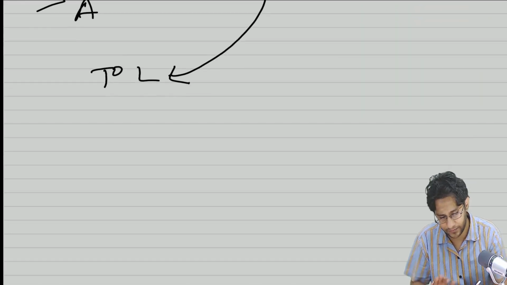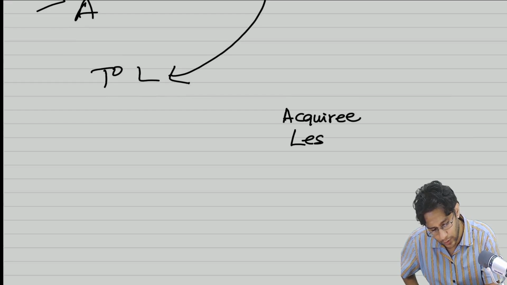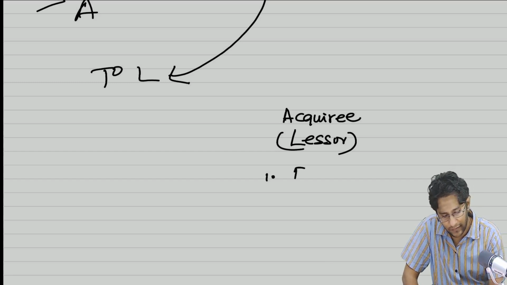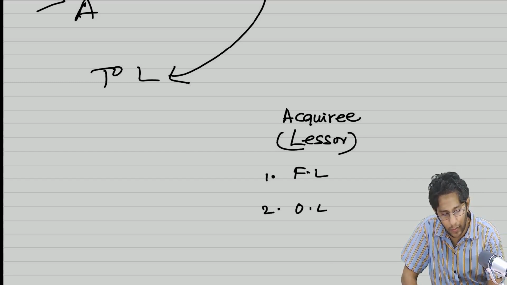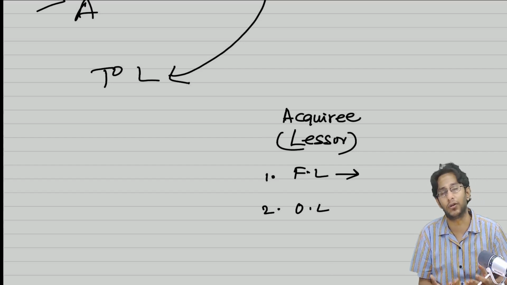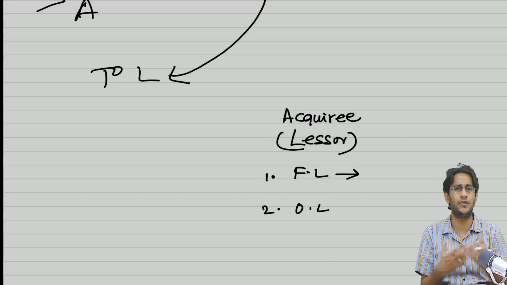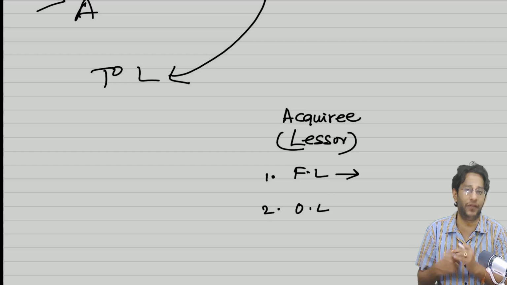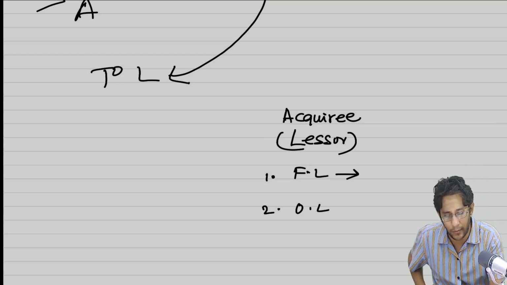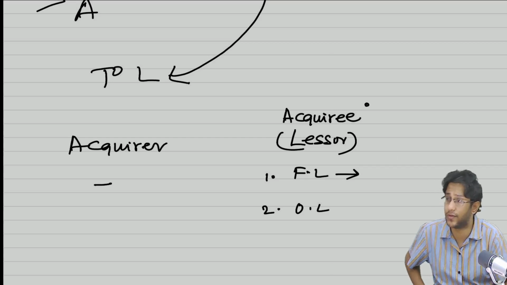The other case is where the acquiree is a lessor. If the acquiree is a lessor, again in these two cases, whether the lease is a finance lease or an operating lease. If the lease is a finance lease, the asset prima facie does not appear in the books of the acquiree. So there is nothing for you to take over other than the lease receivable. Lease receivable is a normal financial asset which anyway will be measured at fair value on the date of acquisition. So the asset under lease will not appear in the books of the acquiree. So the acquirer need not do any special considerations in this case.